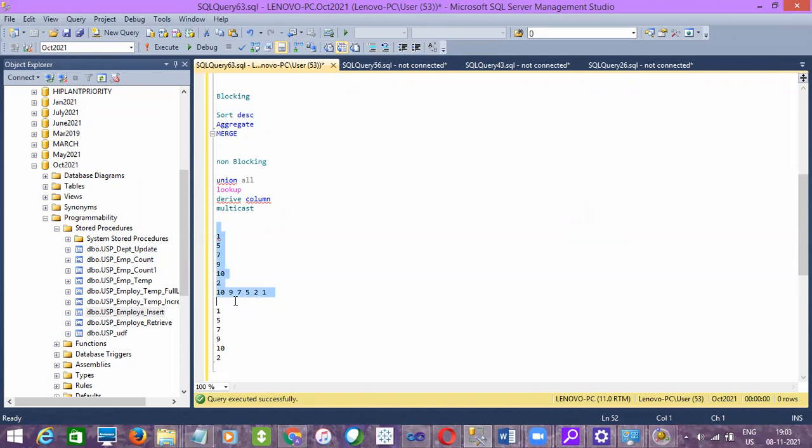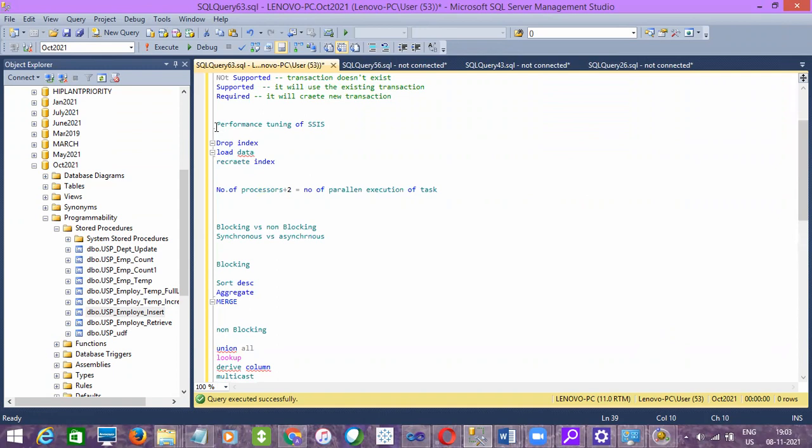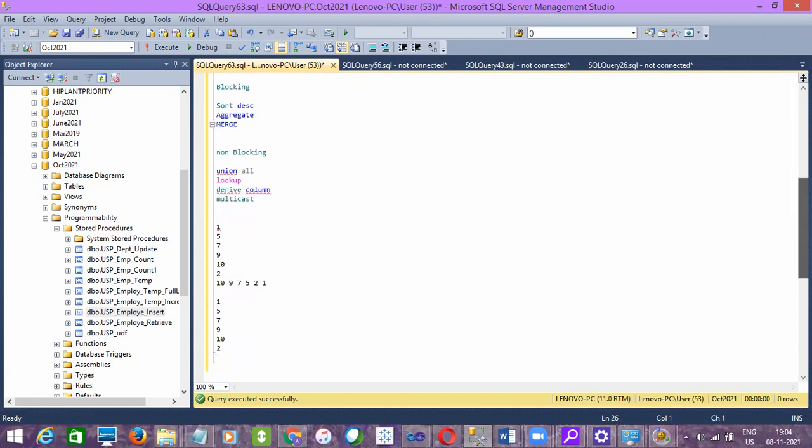If it is taking more time, try to use the bulk insert task. So these are the 5 to 6 tips you can tell in the interview if they ask what is the performance tuning of SSIS. And they can directly ask you what are blocking or non-blocking, or synchronous and asynchronous transformations.